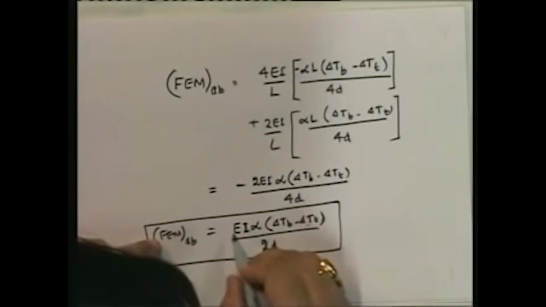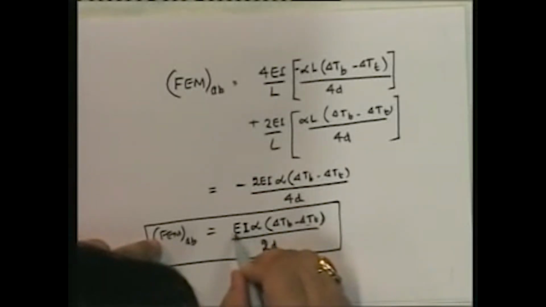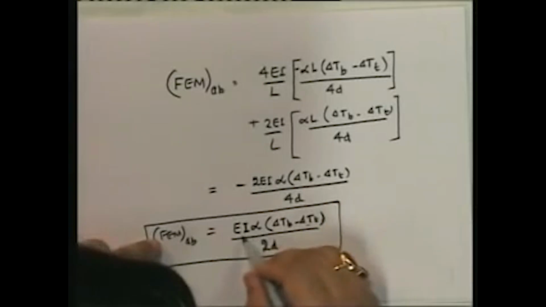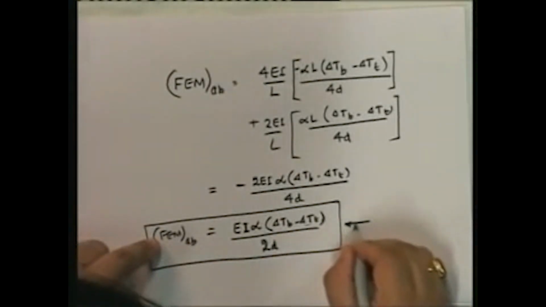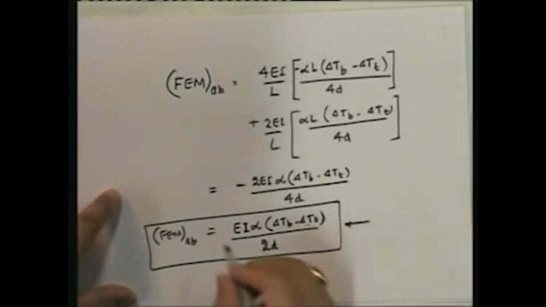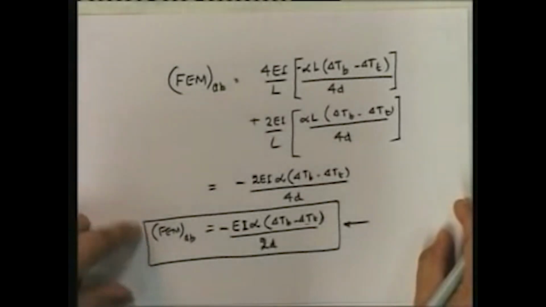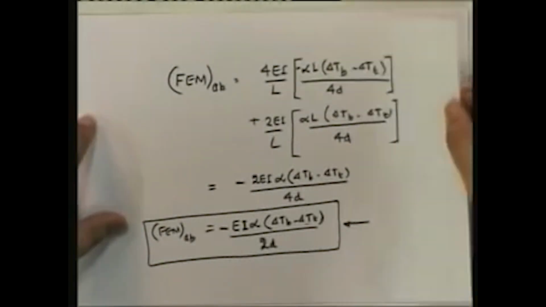So this is going to be equal to Newton meter squared. Newton meter squared divided by d, which is meter, is going to become Newton meter, and that is fixed end moments. So the units are consistent. So, I'm sorry, this is a minus here. Okay, so this is the fixed end moment at AB,